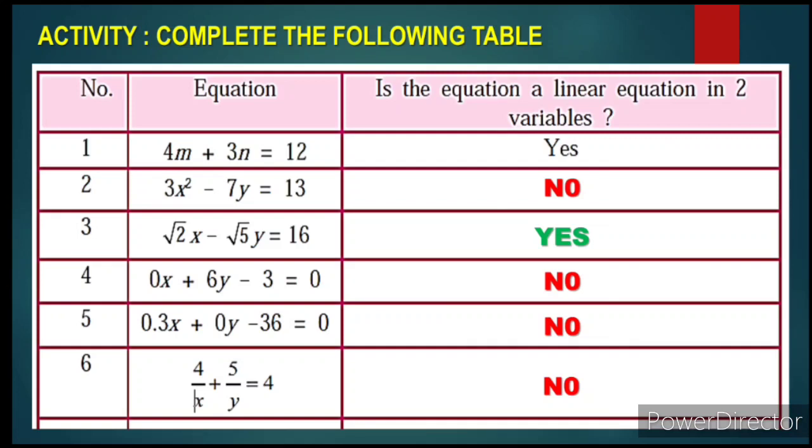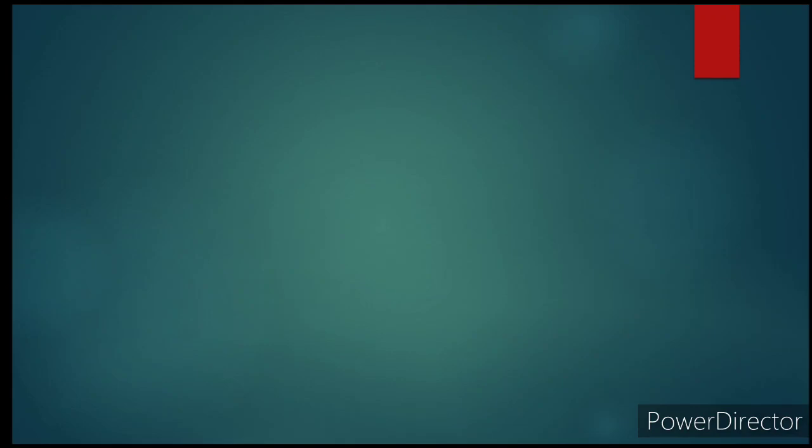So after understanding linear equations in two variables, let us move to practice set 1.1 and solve the questions. Now you know that we have given you the omitted syllabus. In practice set 1.1, there are 8 questions in your textbook, but questions number 1 to 6 are omitted. So you have only 2 questions in this practice set, question number 7 and 8.